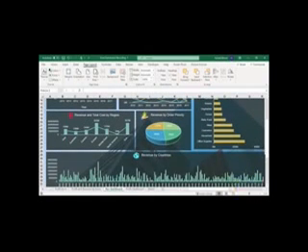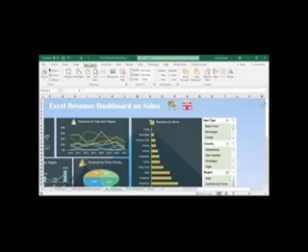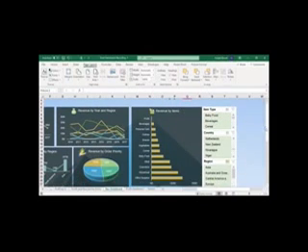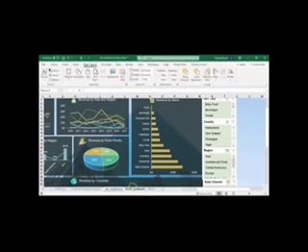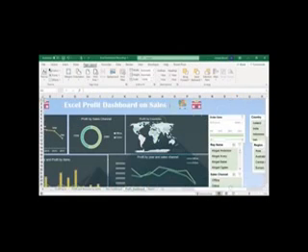Alright. So in this demo we saw how to create a revenue dashboard. So we created line charts, this combo chart, pie chart, horizontal and vertical bar charts, and then we learned how to add slicers and connect it to different pivot tables, and we filtered our data